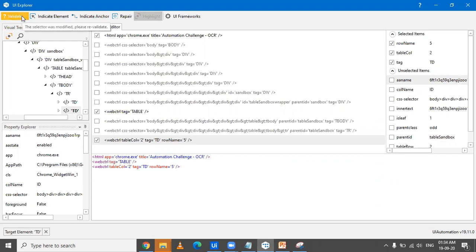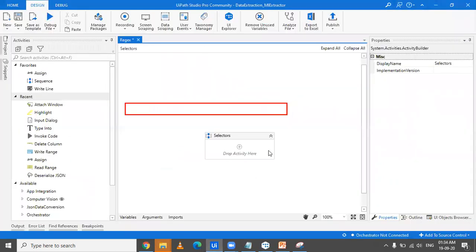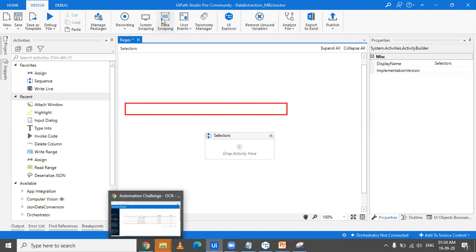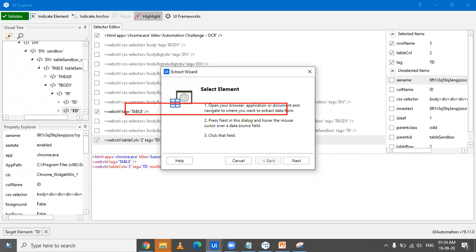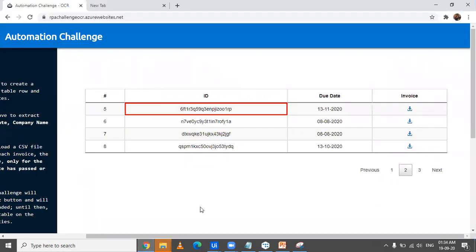Okay. So we'll have to make this tweak in our code also, and we'll see how we are going to do it. But before that, when I say that we have to keep incrementing the table row counter, it means we must have an ending point where we stop incrementing it. And how can we achieve that? For that, we must know how many rows are exactly present as of now on the web page. And for that, we're going to do data scraping. Data scraping would just tell us an end counter, that okay, here you have to stop.